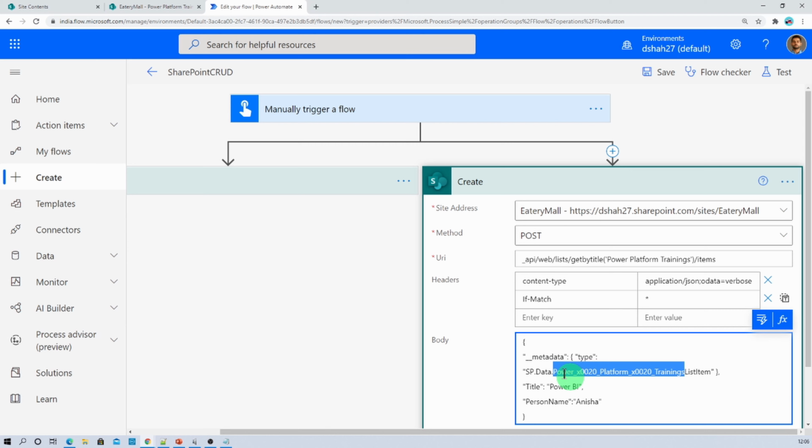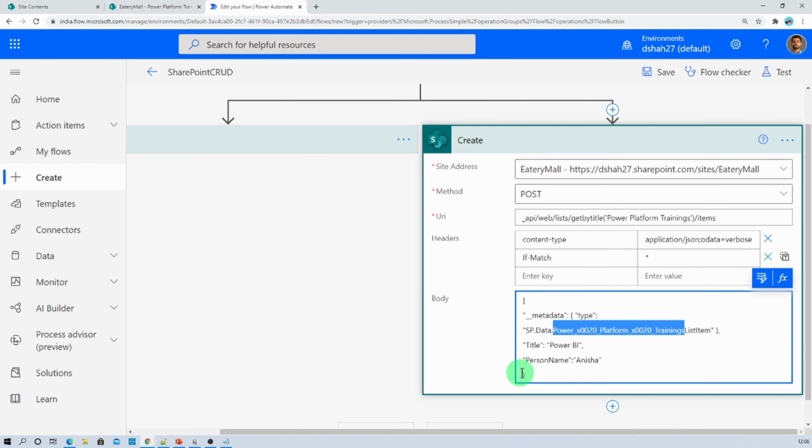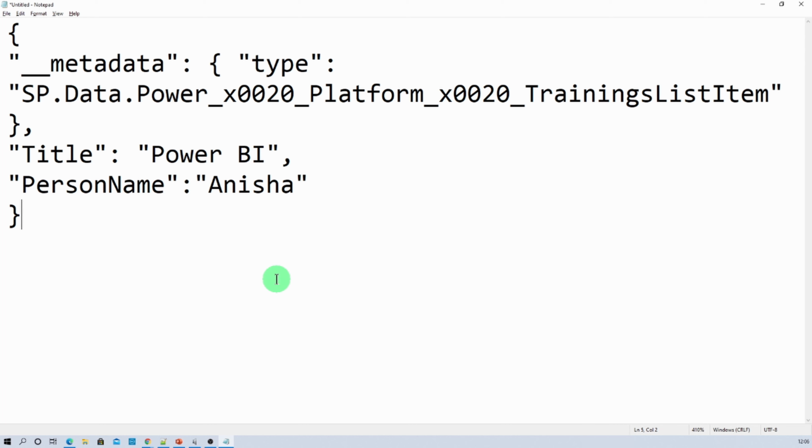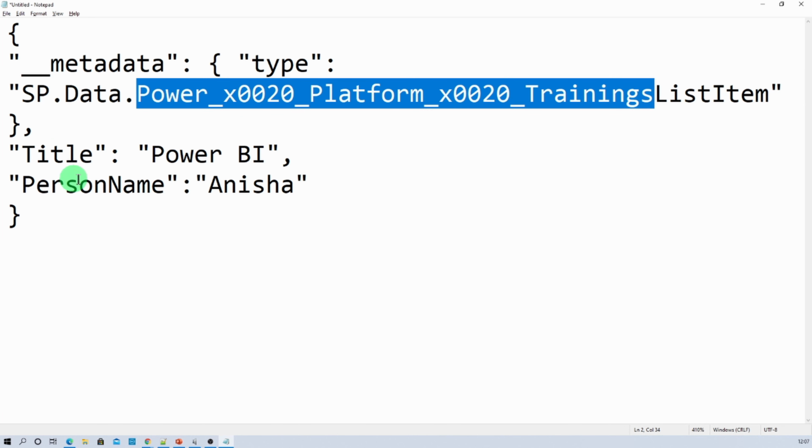And here I have a space in between my list name, so I just added underscore x0020 underscore, and at last list item would be common. Let me just zoom out this section for you and show that in notepad so that you can have a look. Underscore metadata type would be SP.Data.list name list item.